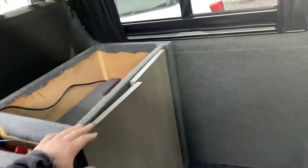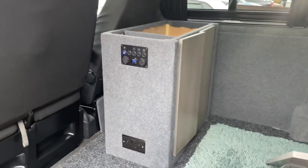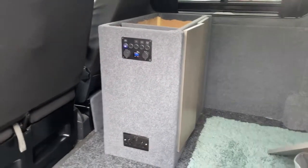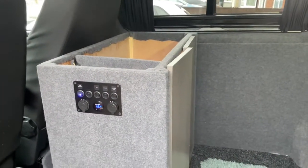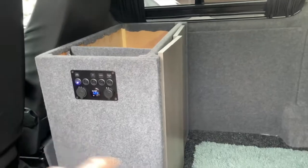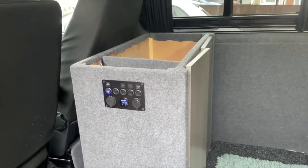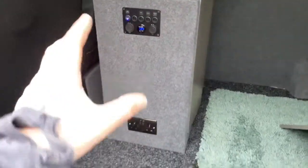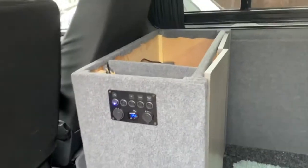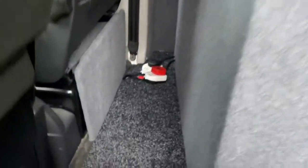Sorry about the cameras. Here we go. There it is. Now I will explain that I made this pod to be removed. I am going to screw it to the floor with some L brackets, but I just want it to be removed quickly. And having the electrics in there, it would have been a bit difficult, but I've got round that by push it out. I've just basically connected them